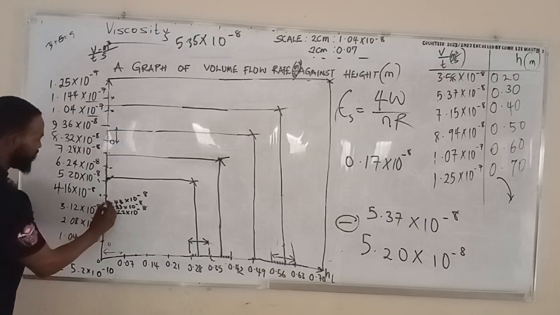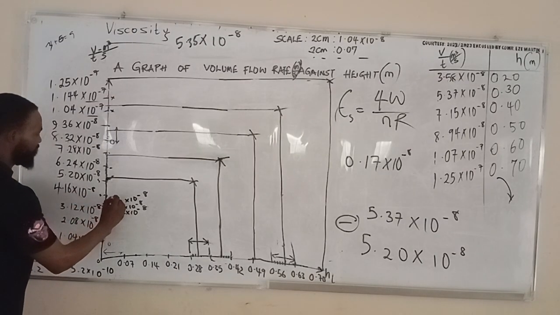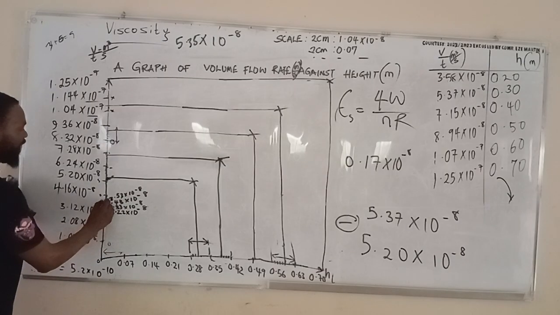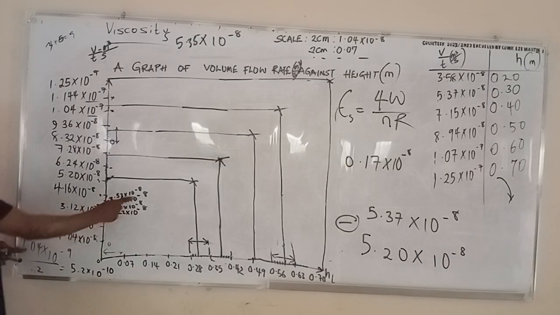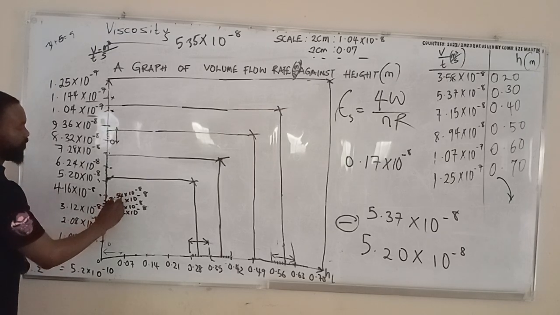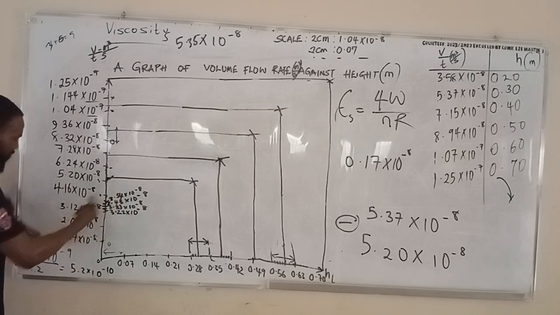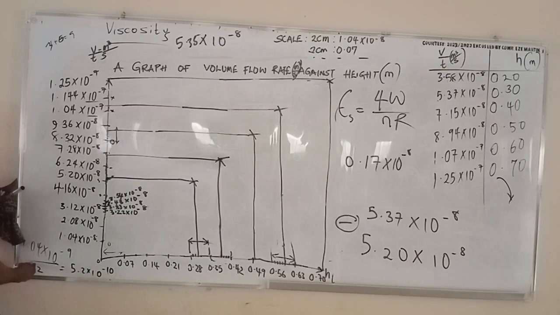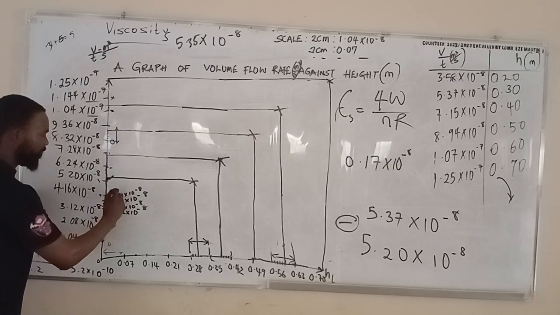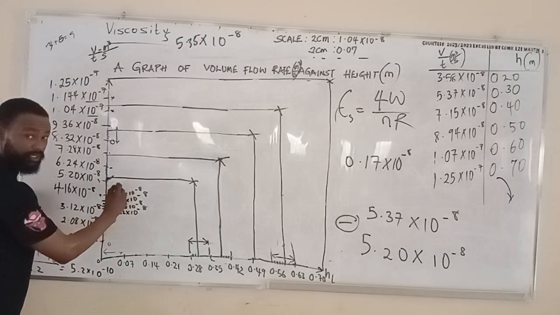Okay, the first one will be 3.5 times. Okay, now add this. Now, so this, add this again. Okay, that's the 5th one, shall we? The 5th one is